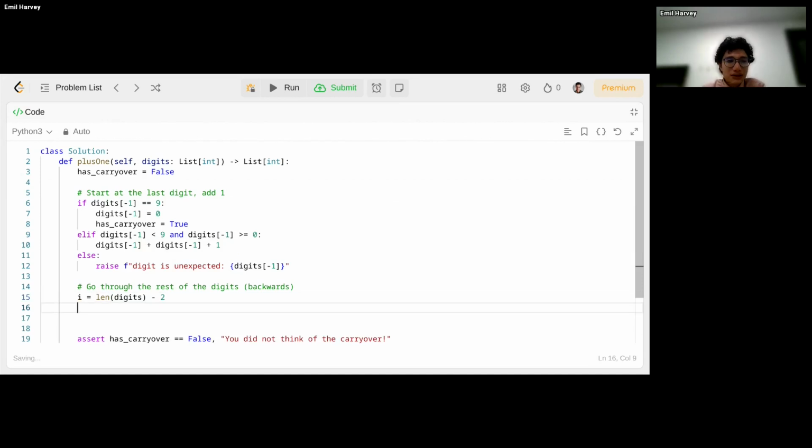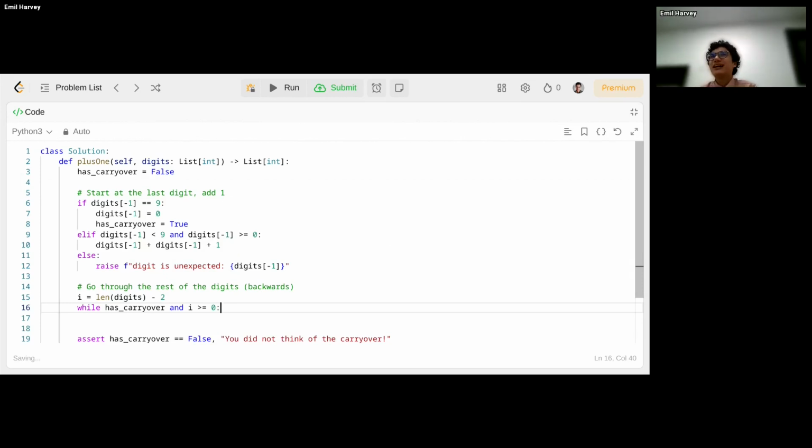And also, we want to have a loop, right? Because we want to loop through all the other digits and increment them by 1 if we need to. So there's two things, right? We want to go backwards if we need to, so we need to if there's a carryover. And we can only keep going backwards if i is greater than or equal to 0, right?